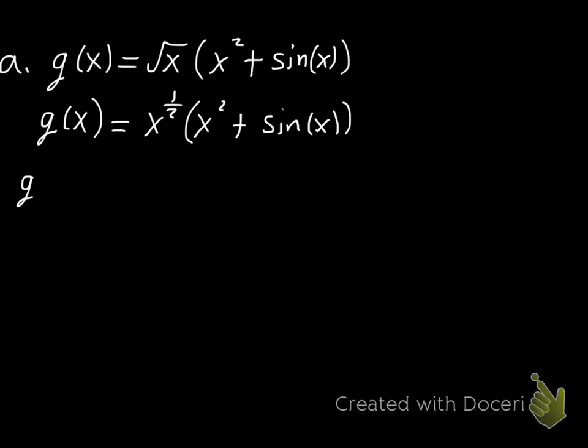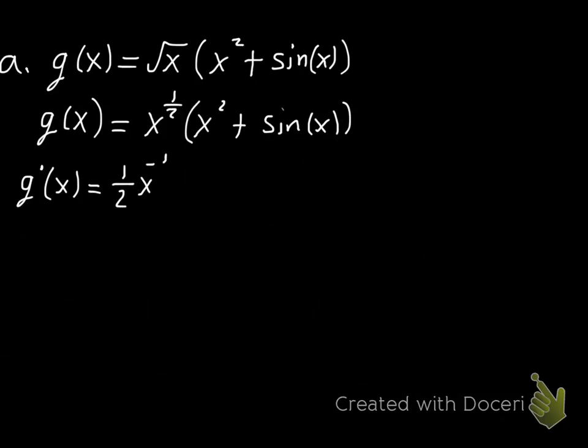And if we distribute that x to the 1/2 through, we could maybe clean it up a little bit, but we'd get x to the 5/2, and then we'd have x to the 1/2 times sine x. So we'd have that x to the 1/2 times sine x, so we'd still have to use the product rule on that. So if we take the derivative,